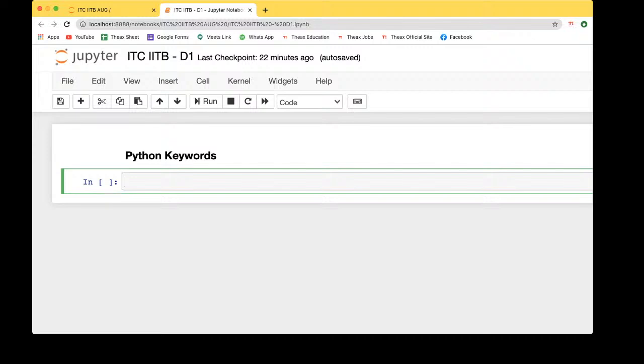Okay, so how many keywords are there? How to see all those things? Okay, so you have a code section. You can go with the codes too. If you don't want the codes, you have some other options too, right? Okay, so if you just browse over the things, you will get to see.